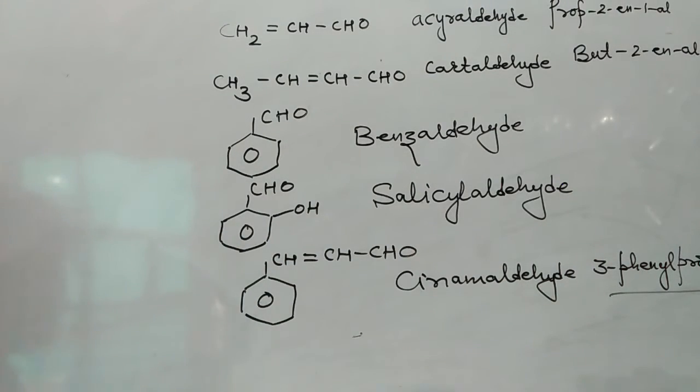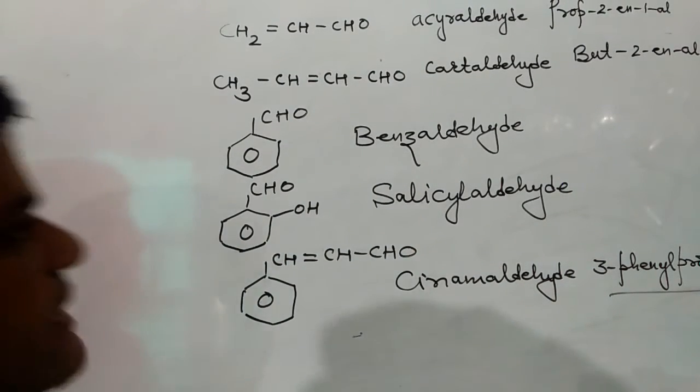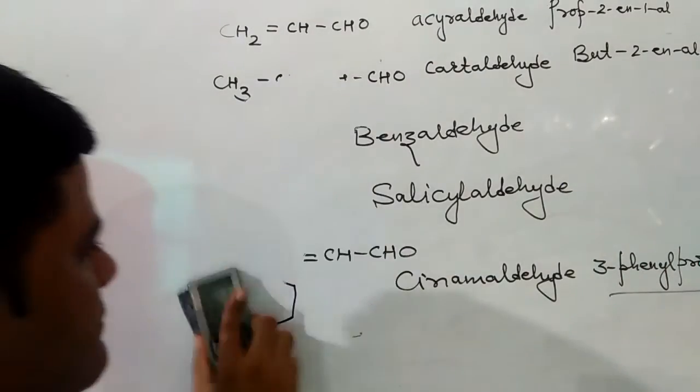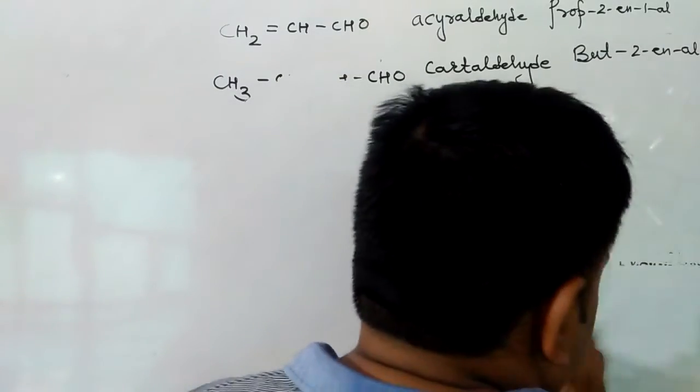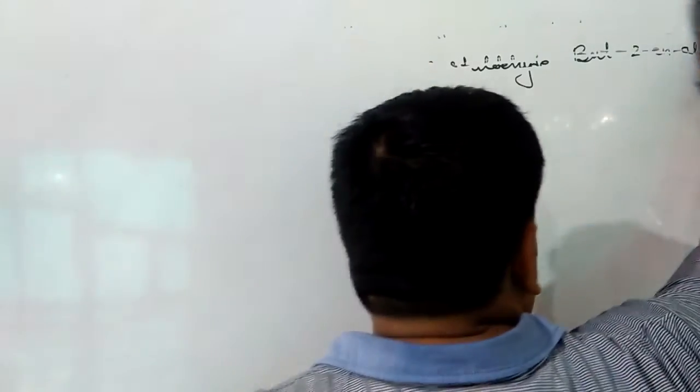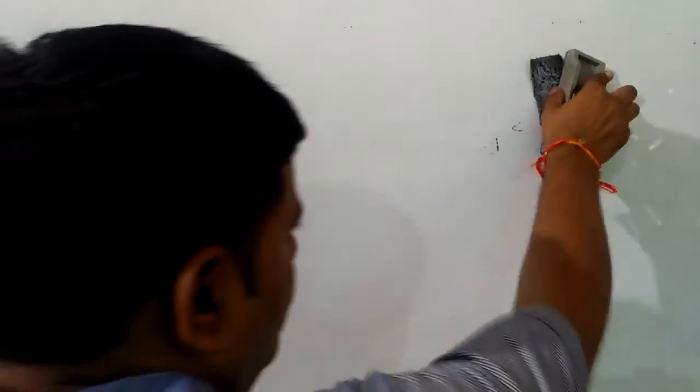After this, we have to discuss ketones. Basically, ketones can be of two types: simple ketone and mixed ketone. For simple ketone, both alkyl groups will be the same, and for mixed ketone, the two alkyl groups will be different. For the common name of simple ketone, they are named as dialkyl ketone, and their IUPAC name will be alkanone. For mixed ketone, the common name will be alkyl alkyl ketone, and IUPAC name alkanone.